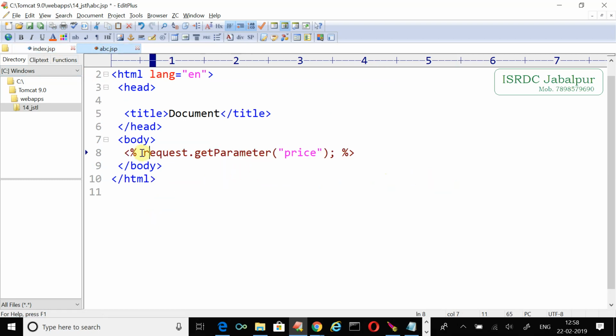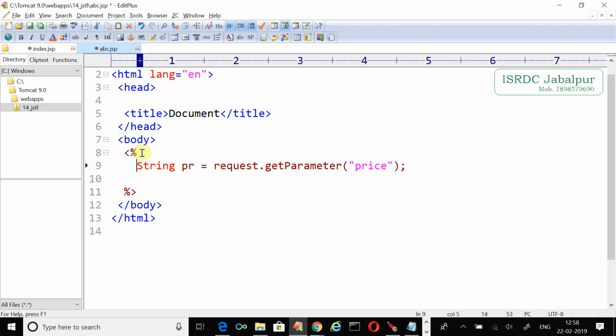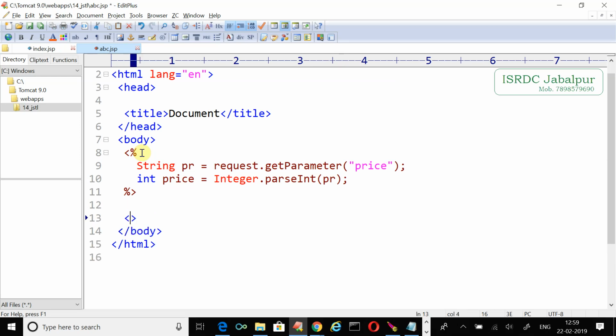Now receive the value in string PR. Now we will parse the value, because we are getting the input as a string value, so we want to parse it. int price = Integer.parseInt, and enter the string variable PR. Now we will get the integer equivalent of the string value. Now we want to perform the operation logic,